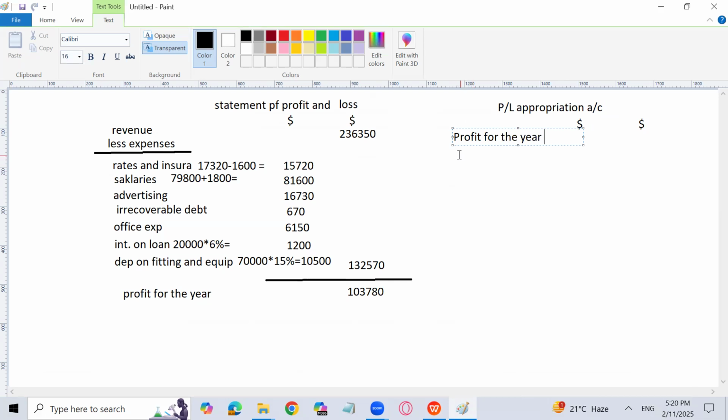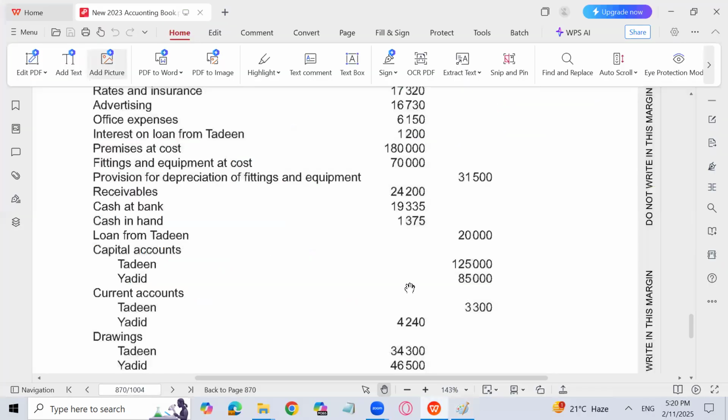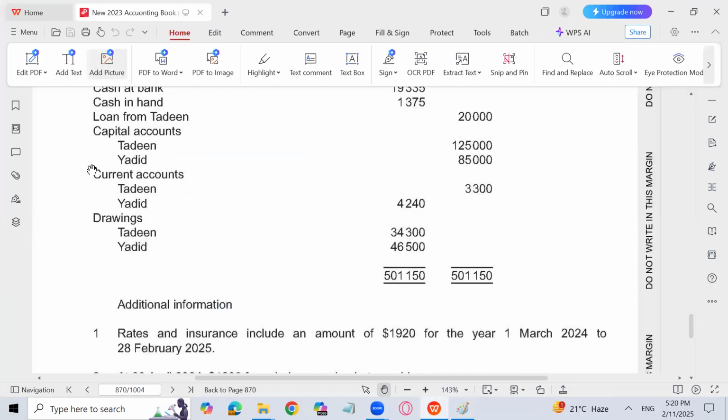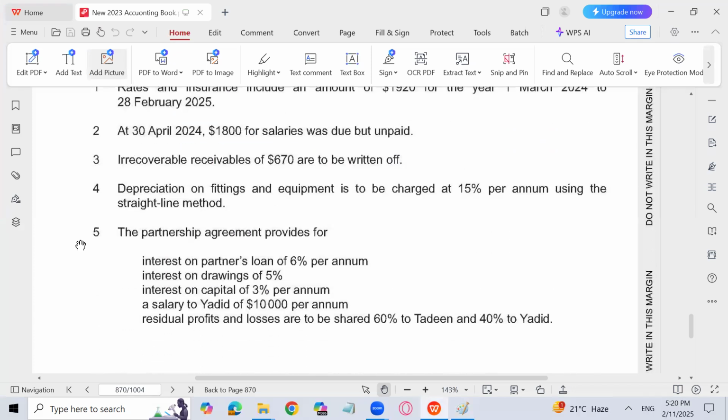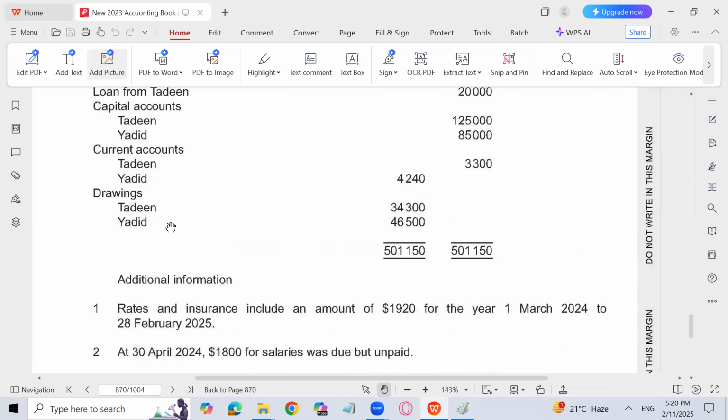year. For in the profit for the year, I will add interest on drawings. Let's see. Profit for the year is 103,780. Okay. Add interest on drawing. Let's see. The partners are T and Y, and the interest on drawings is 5%. What is the amount of drawings? 34,300 and